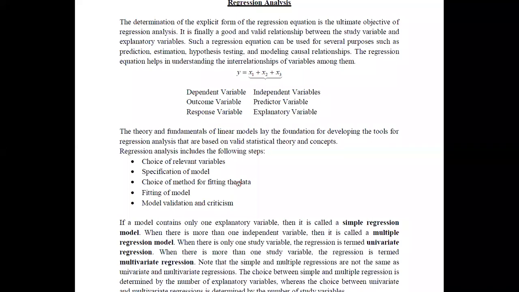After identifying these things, then you can fit the model. It means what is the suitable model that we can fit for this data. Thereafter, you cannot stop even if you have fitted the model. What you have to do is validate the model. It means that if you have a set of values, it is quite like this. I will take a very simple example for this.